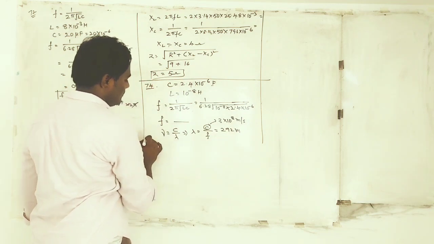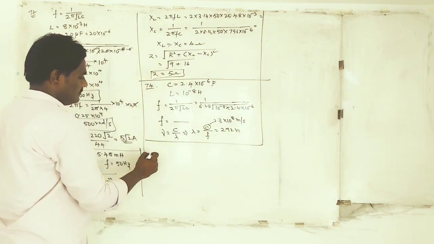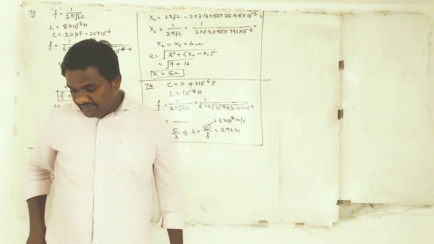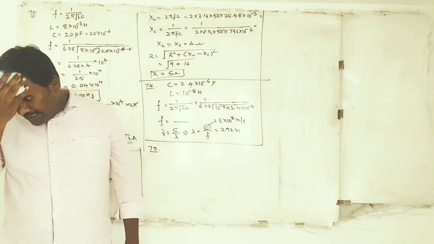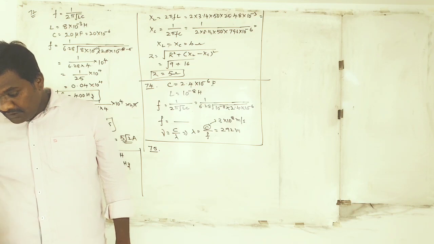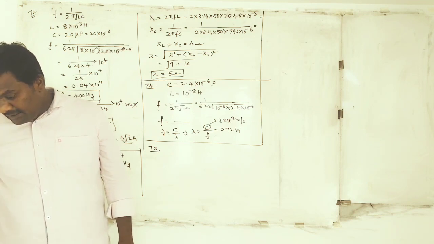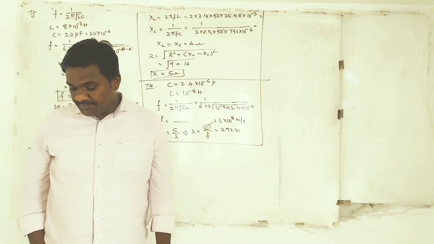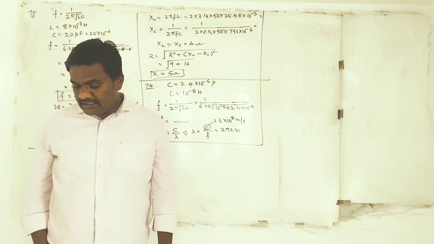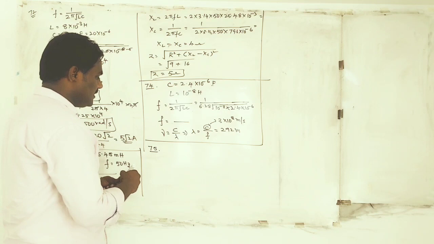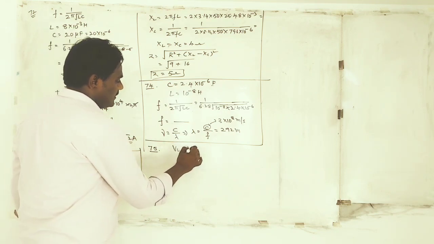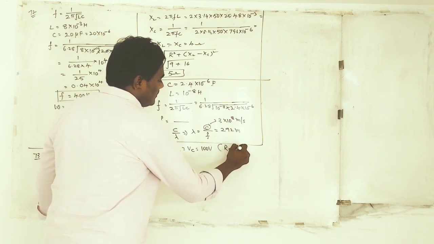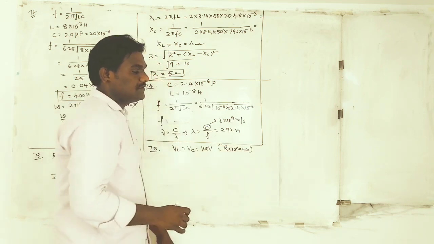So next further question. Then you have question number 75. See in question number 75, in the circuit shown in the figure, what will be the reading of the voltmeter, like that they are asking. See, if you clearly observe the circuit, the voltage across the inductor and the voltage across the capacitor are each 100 volts. So VL is equal to VC, that is equal to 100 volts, nothing but the circuit is at resonance.